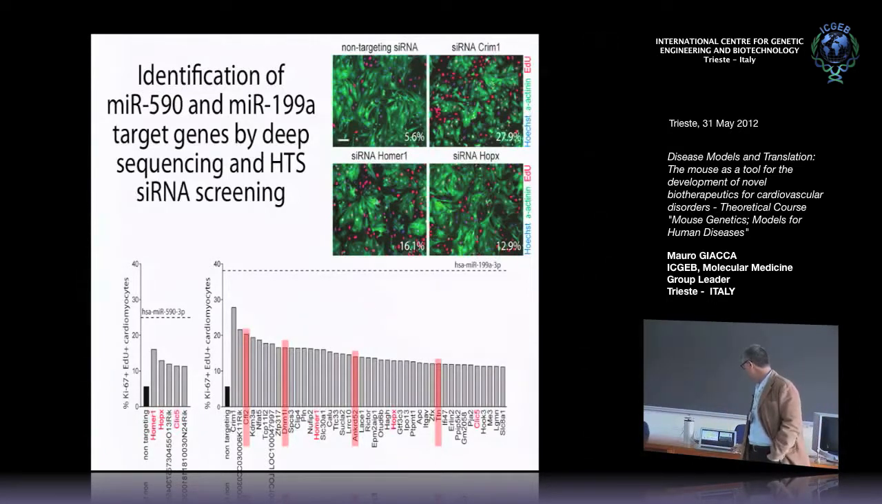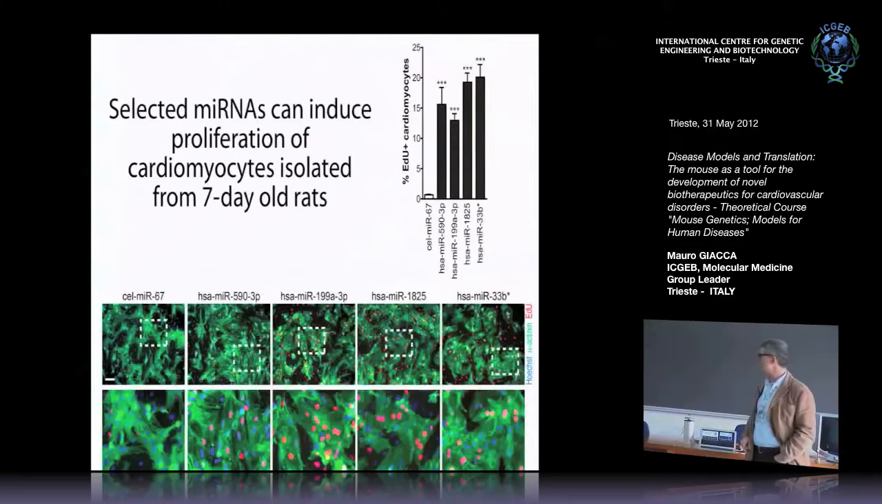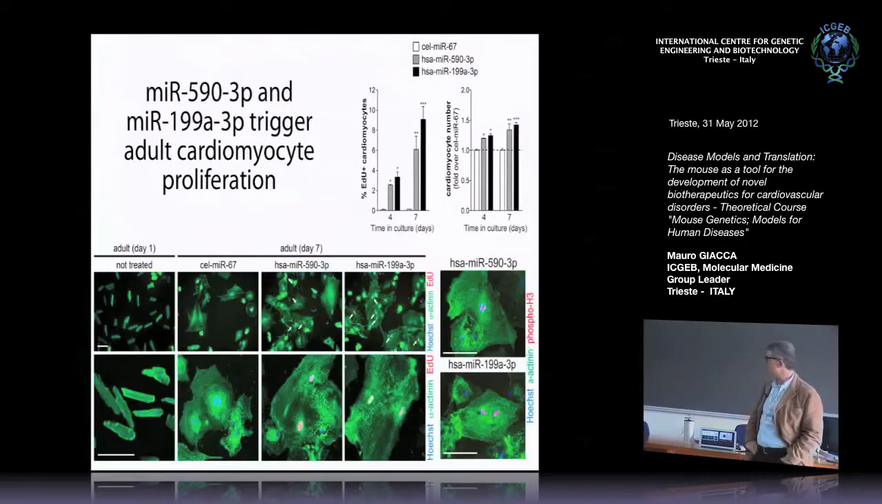What was most exciting is that these microRNAs not only worked in neonatal cells, but also when we gave them to cells from 7-day-old rats, these cells were pushed to proliferate. And then we became even more ambitious, and we gave them to adult cardiomyocytes, the brick-shaped cells that I showed you before. We took these cells and we put them in